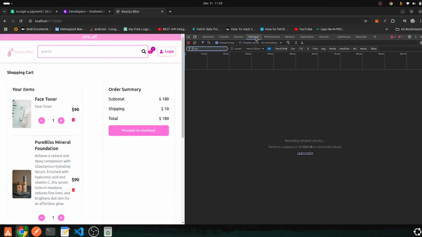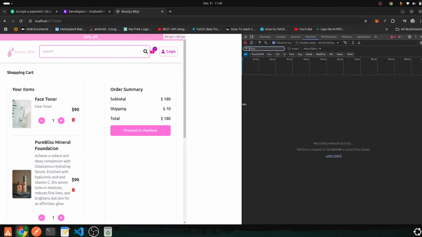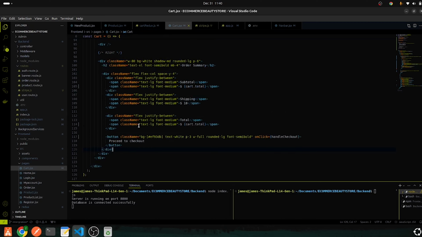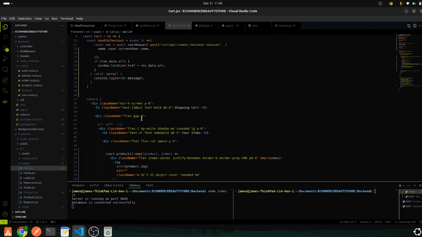Proceed to the network here, and I can try and make requests. Here I don't see any request being made, so that means maybe this button is not clickable. To make sure that it's clickable, we can debug by adding... oh, actually I can see here what this error is. User is not defined, and that is because here in my checkout I have added